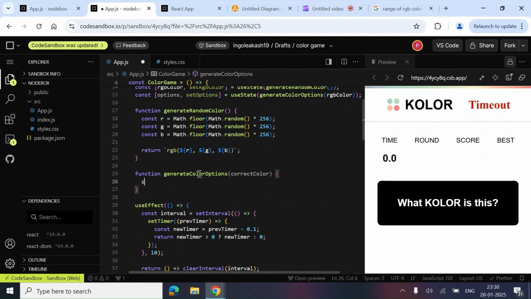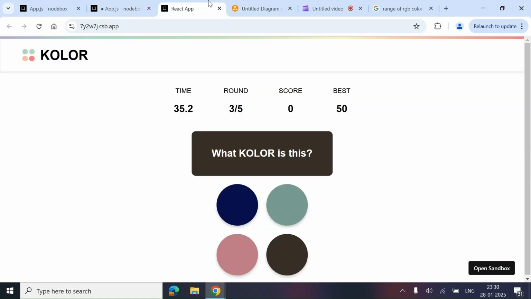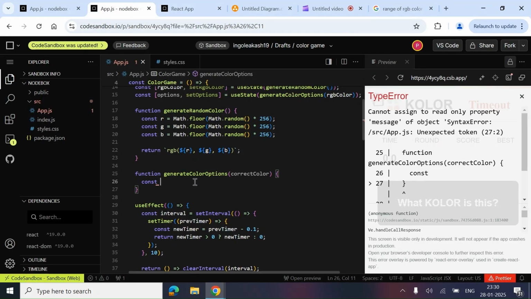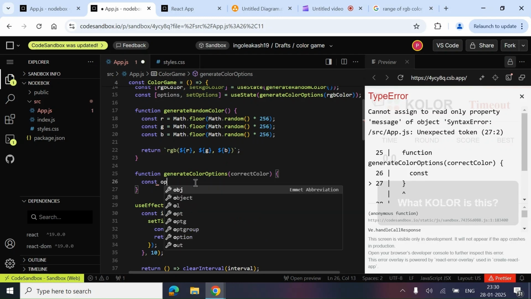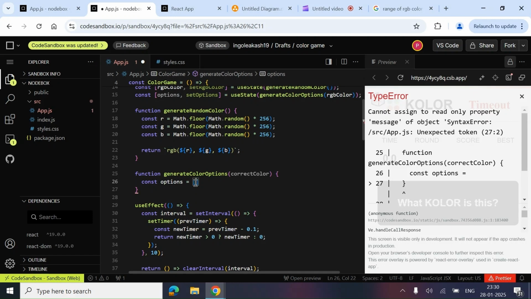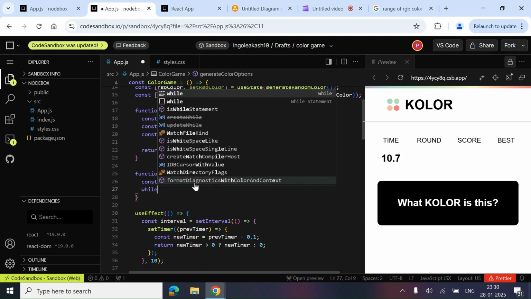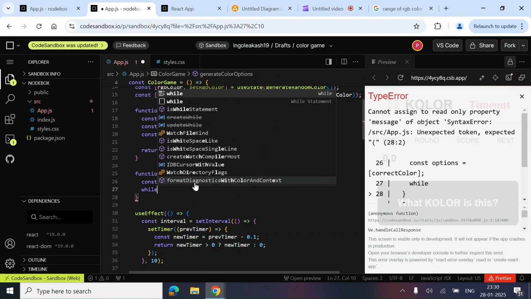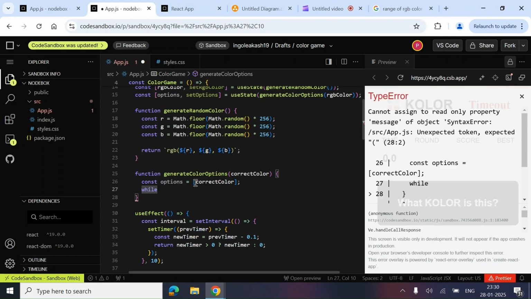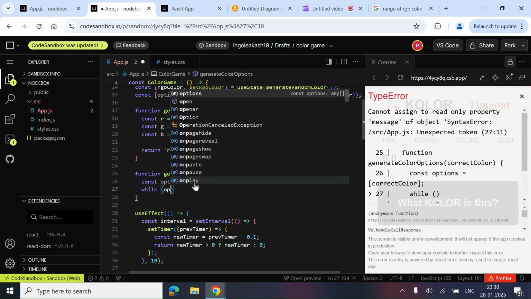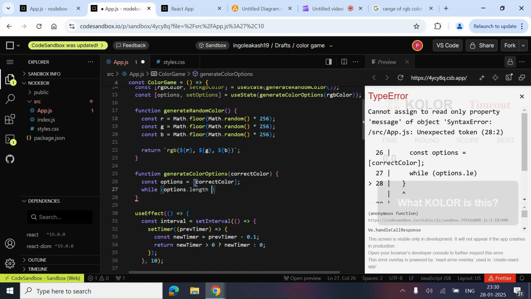Now inside this, let me tell you the idea. In these four options, we know one option is the correct color option. So we have to by default add that particular item into our array. That's why when we create the options, this correct color will be there by default. And now, first, options.length: if it is less than 4, we are simply running a loop,